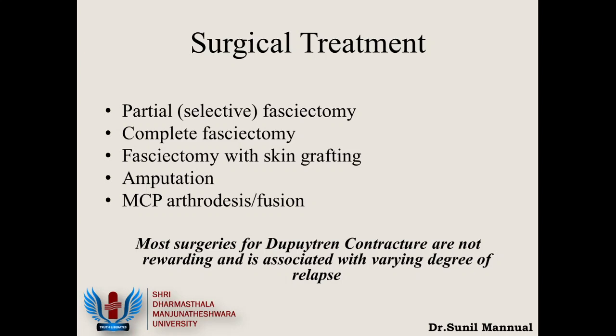And some surgeons prefer a surgery called arthrodesis or fusion of the metacarpophalangeal joint. So as you can understand, once a fusion of a finger is done, the finger will lose its functionality. However, some surgeons believe that if you can fuse the finger early, in the early stages when the patient is slowly, progressively having a lesion or a contracture, then this can prevent the finger from going into severe contracture where the finger comes and occupies the palm.